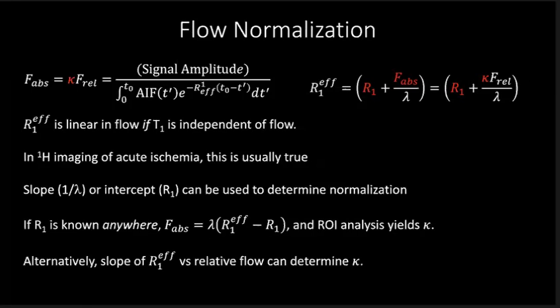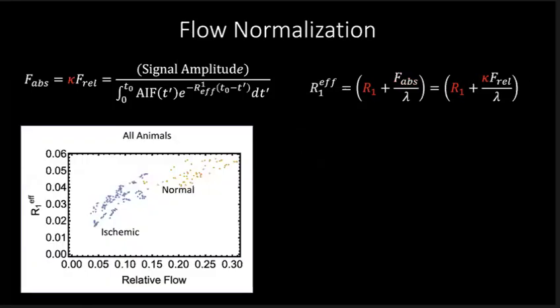Alternatively, we can use the slope of R1 effective as a function of relative flow to determine what kappa is. We know what the slope should be, so we can use that to fix this normalization constant. So here, I drew a lot of ROIs. Here is a plot showing all of the normal brains and all of the ischemic brains versus relative flow. Most of the normal animals are sort of